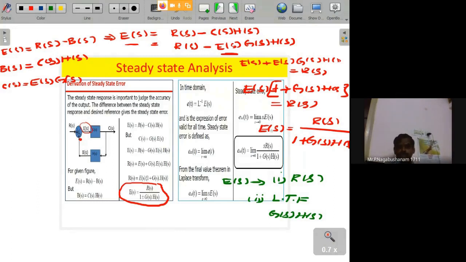That means E of S depends upon the loop transfer function, and E of S depends upon the type of input. That error is finite, or zero, or infinity. That depends upon what type of input you are giving to your system. Not only that,